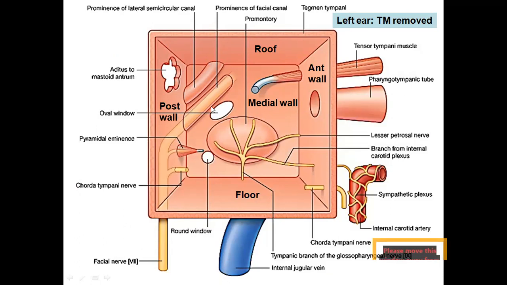There is an opening where the foot plate of stapes is fixing here, that is the oval window. There is one more window called the round window. The first turn of the cochlea is the promontory. Many cranial nerves form a plexus over here: lesser petrosal, internal carotid plexus, tympanic branch of glossopharyngeal nerve. So all these things we find on the medial wall, right? Let us go into the text of the medial wall once we are done with this.